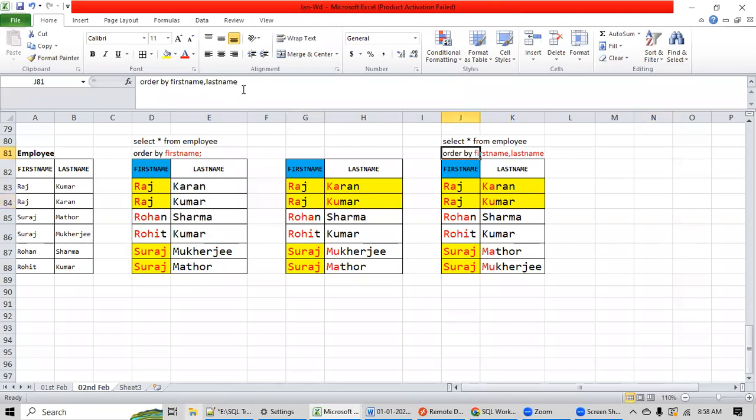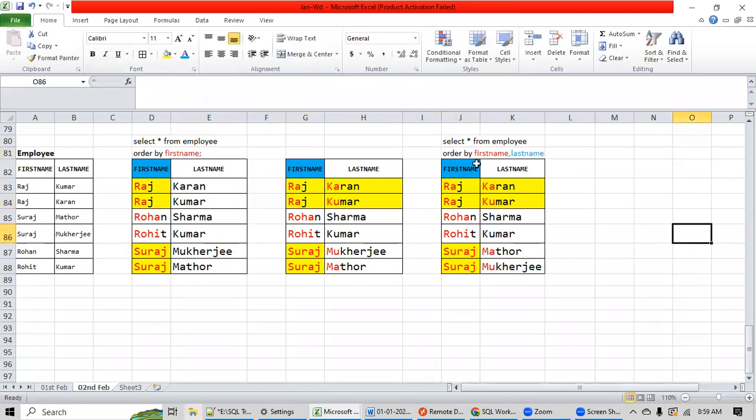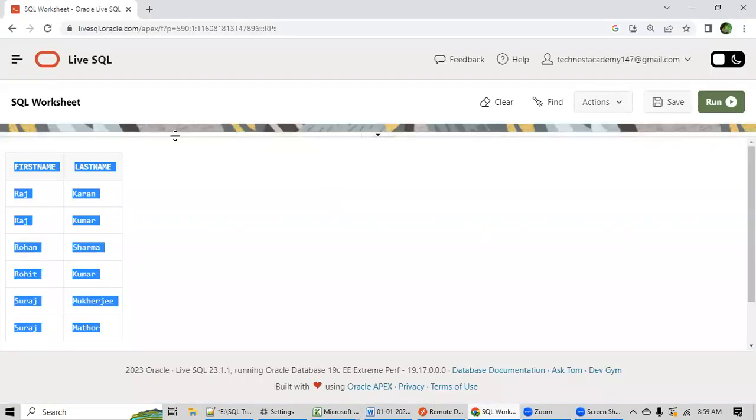If there is any conflict in the first name, then only consider the last name column. If there is no conflict, don't go to the last name column. This is the meaning of this query. So now you see, if I execute this query, check the output.